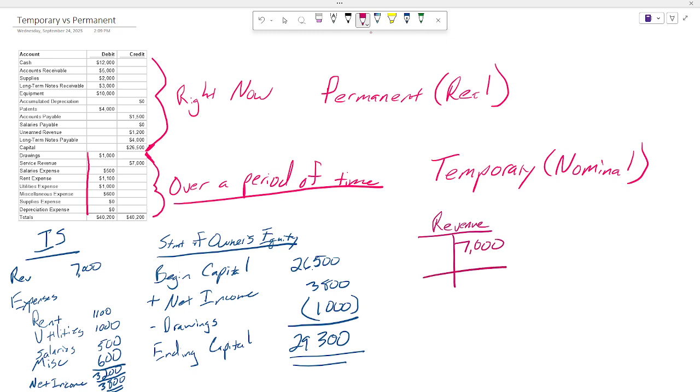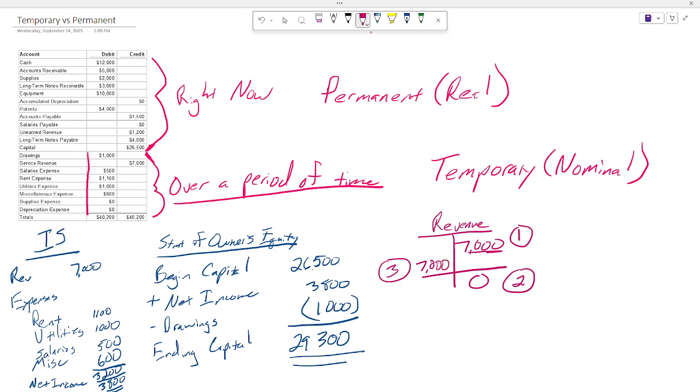What I actually want this to show after I'm done creating the financial statements is 0. So how do I do that? I can use the adjusting framework to do this. Step 1, what is in the account? Step 2, what do I want it to be? I want it to be 0 in this case. And step 3, how do I change it from a $7,000 credit to 0? I have to debit it $7,000.